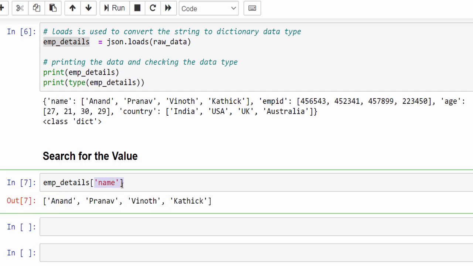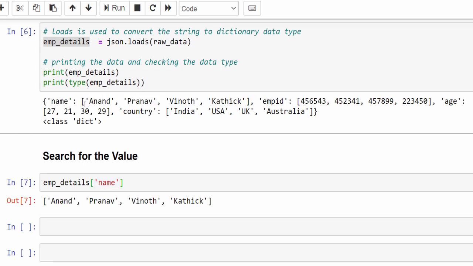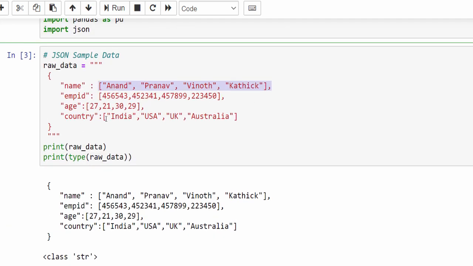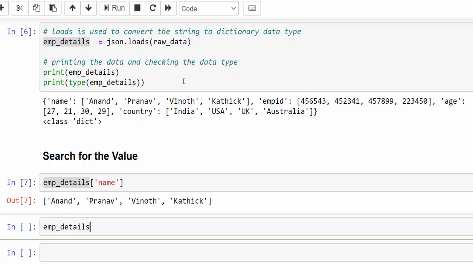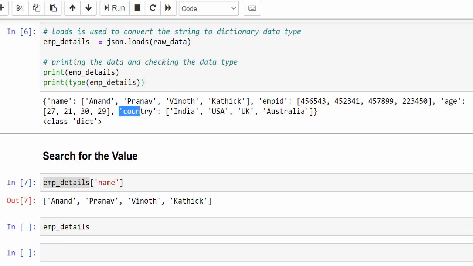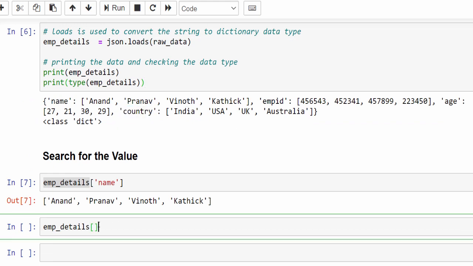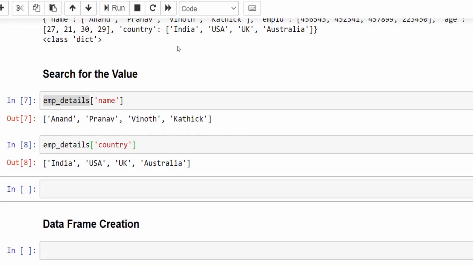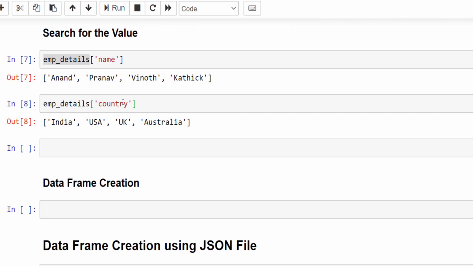If you search for name with single quote, it will display all the values assigned to that key, nothing but these values. Same way, now let's check for country. So within the square bracket, searching for country, we have 4 values.